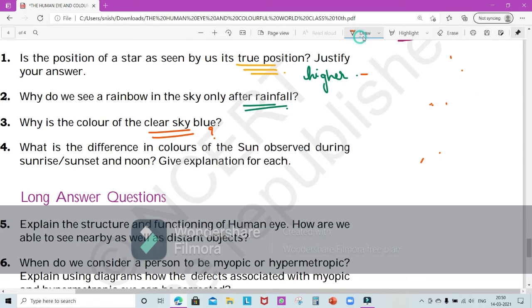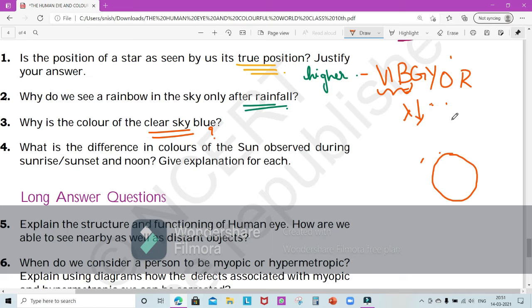So I think this is enough. Why is the clear sky blue in color? It appears blue because it depends on the color that reaches our eyes. There is a spectrum of colors, VIBGYOR, present in white light, but we are able to see only blue. Mainly we'll see these three colors, but our eyes will not be able to differentiate each of them clearly. They all appear as one single color, which is blue. We are able to see this because lambda is low for them and they undergo maximum scattering.